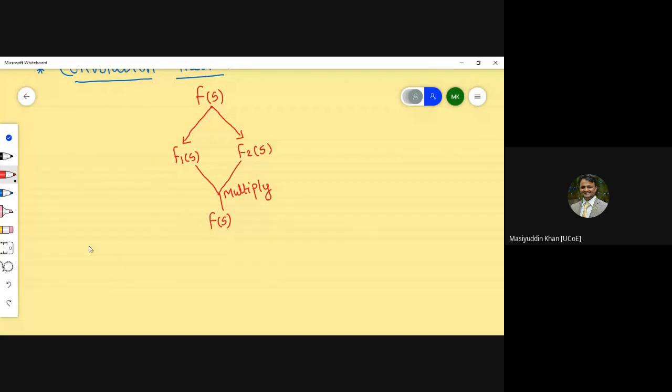So the next part is we have to calculate the Laplace inverse of f1 of s, and you will get f1 of t, and the second one will be the Laplace inverse of f2 of s, which you will get as f2 of t, because the Laplace inverse or inverse of Laplace transform of f of s is equal to f of t according to the definition. So f1 of s का क्या होगा, f1 of t, and f2 of s का क्या होगा, f2 of t.